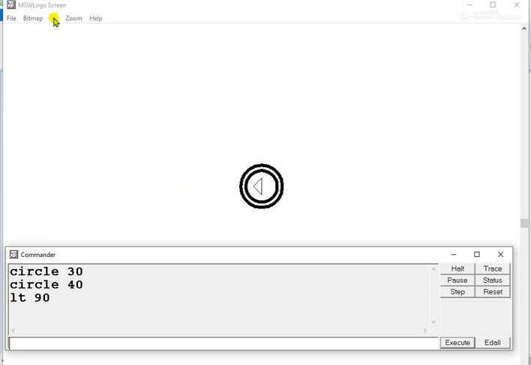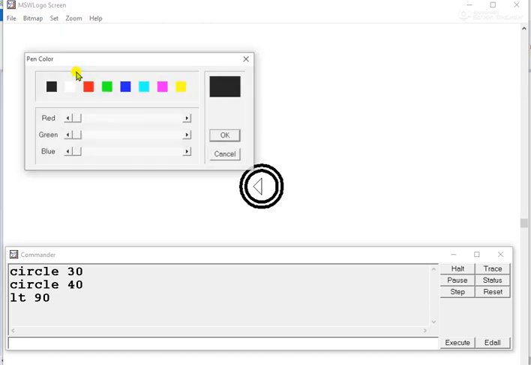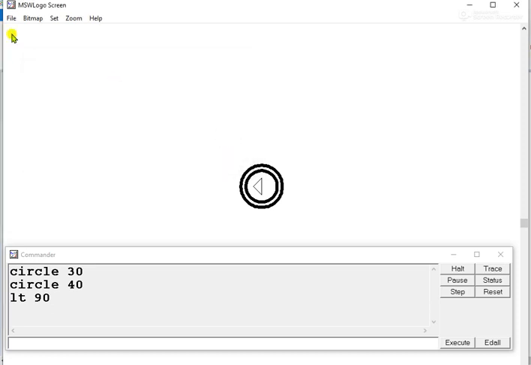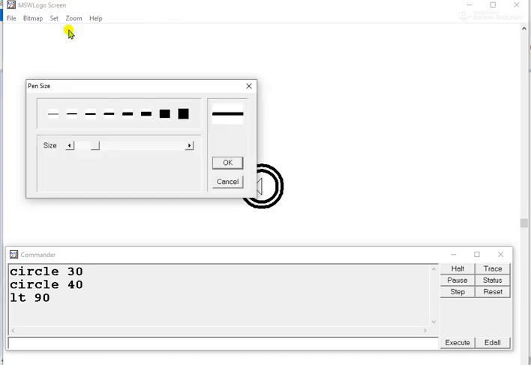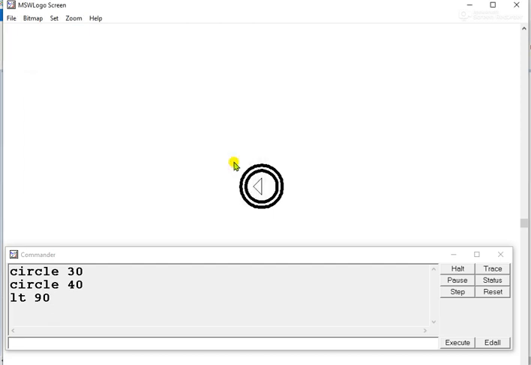Now I'll change the color to red so that our car will be red. Also I'll change the size. Go to the set menu, select pen size, and you can select the thicker line. This is how you can change the size and color of your pen.